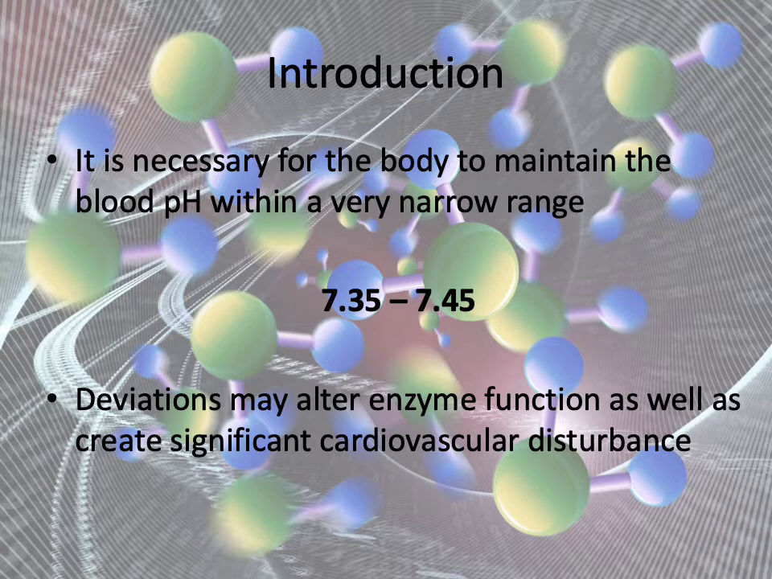So, starting with the introduction, it's necessary, of course, for the body to maintain the blood pH, and it's a very narrow range that we use for blood pH. It's 7.35 to 7.45. Now that's, of course, pH, and if you remember studying pH in chemistry, the definition of pH is the negative log of the hydrogen ion concentration,